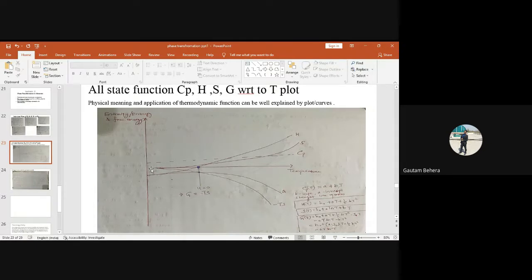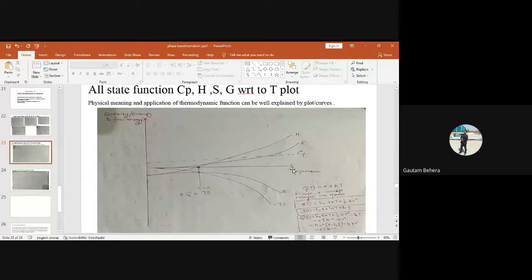Fine. So first, I am writing Cp here. You can see Cp as a function of temperature is equal to A plus BT. This is a simple equation. I am not considering a multiple equation. Where A is your intercept and B is your slope, right? It is simply a straight line equation. So you can see the Cp curve is here. It is increasing with temperature, and this is a straight line. This dotted line is for Cp. So Cp increases with increasing temperature.